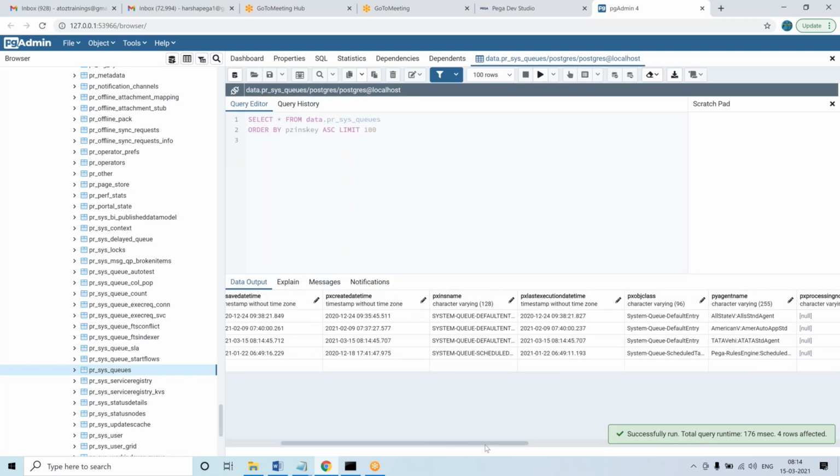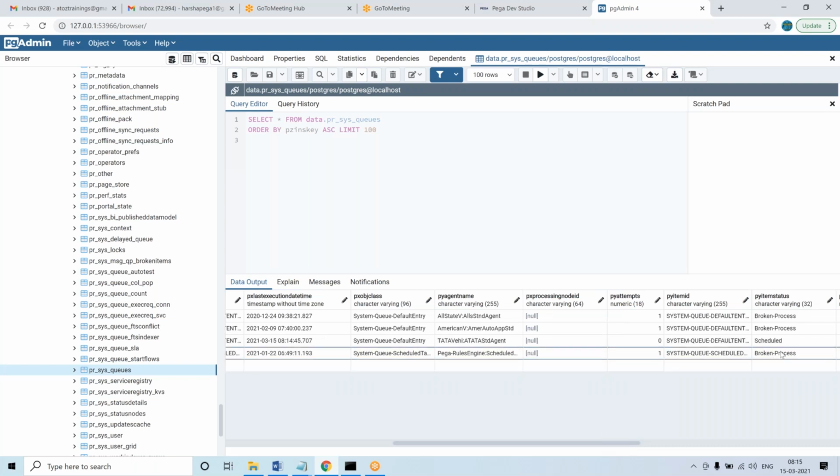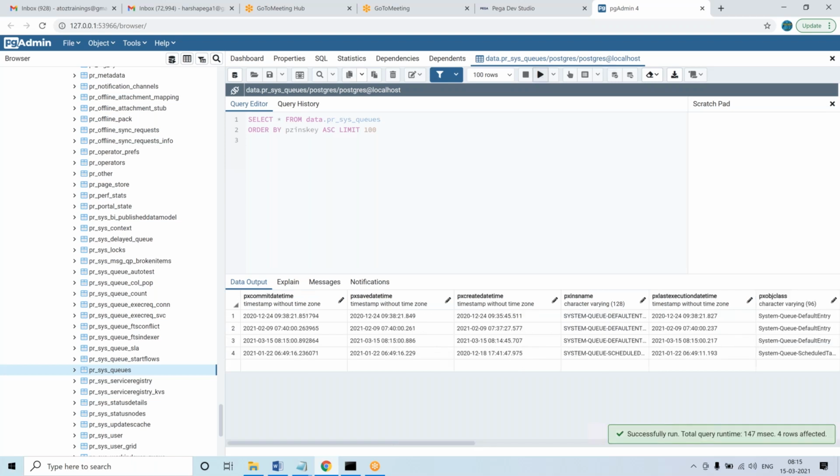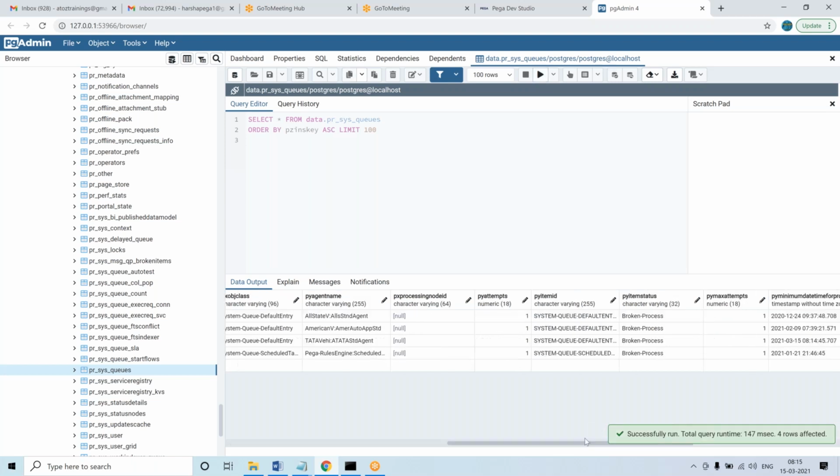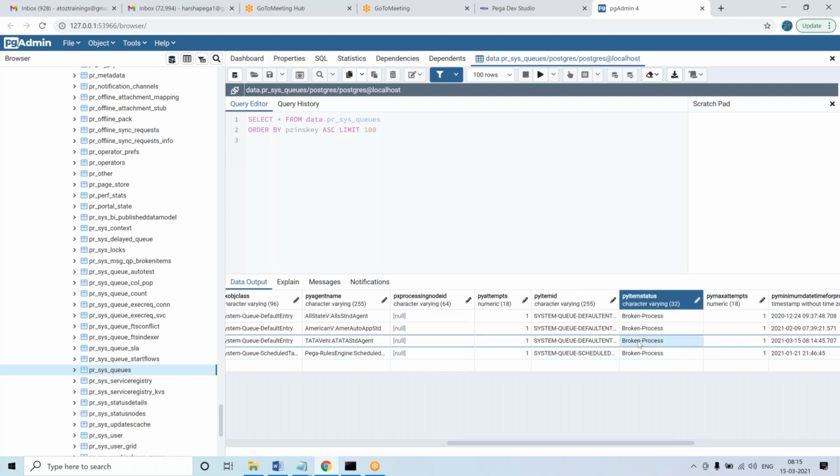Now this item should have been tried for processing. Here you can see, not this one, the Tata related one. As of now it is in scheduled status. If it is picked and processed, I have intentionally made a mistake in the activity to make it fail. Let's see what the status will be now. Okay, let me start it again, and here you go. You see now Tata vehicle insurance, this one has failed.